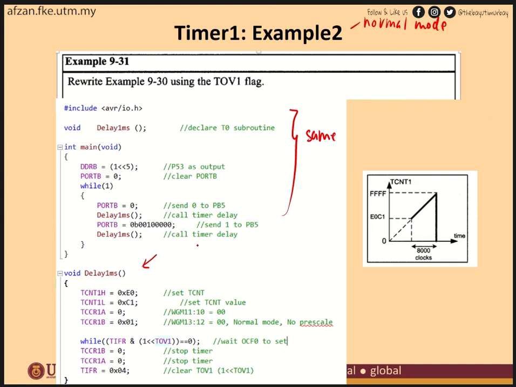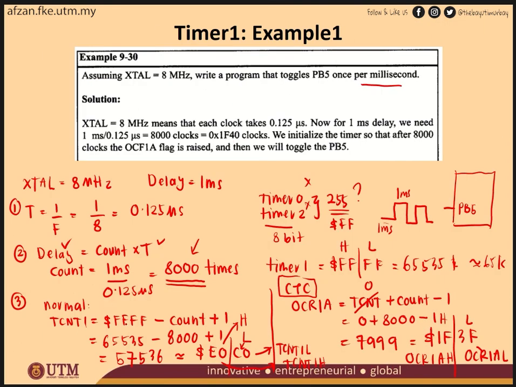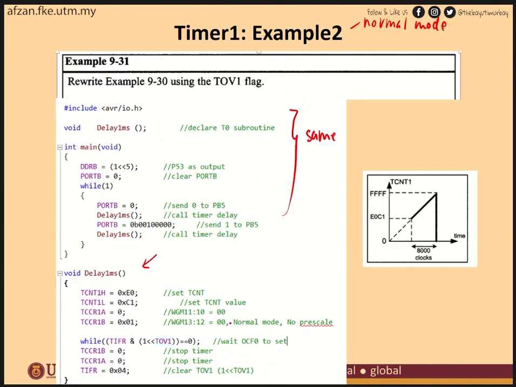Timer subroutines. Okay, since this is your normal mode, in the previous slide we already calculated for the normal mode. The TCNT value that you need to put is E0 C0. So TCNT1 sama dengan E0 C0. Since this one here is 16-bit data, you need to divide it to low and high byte. So C0 you're going to put at the TCNT1L, while E0 you're going to put at